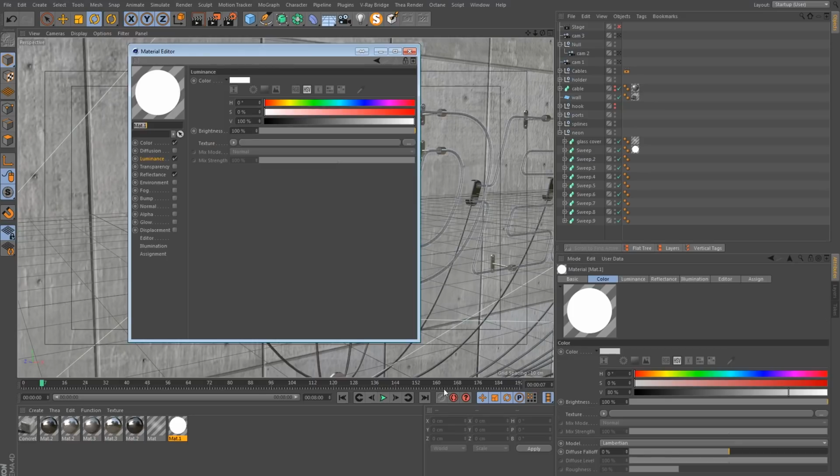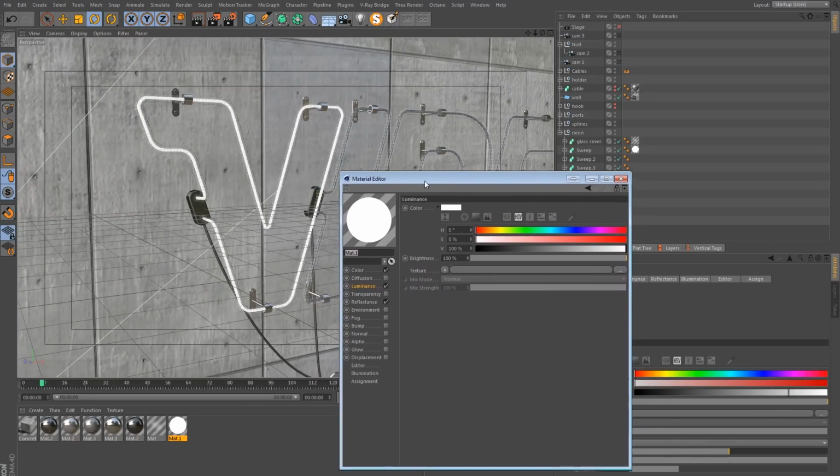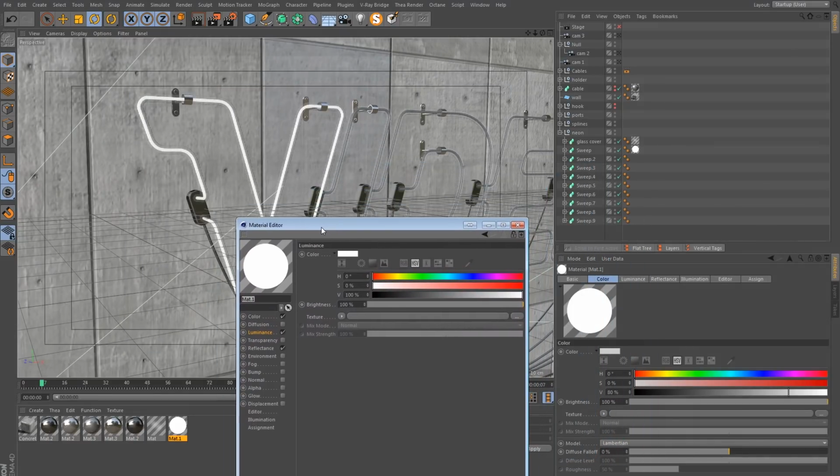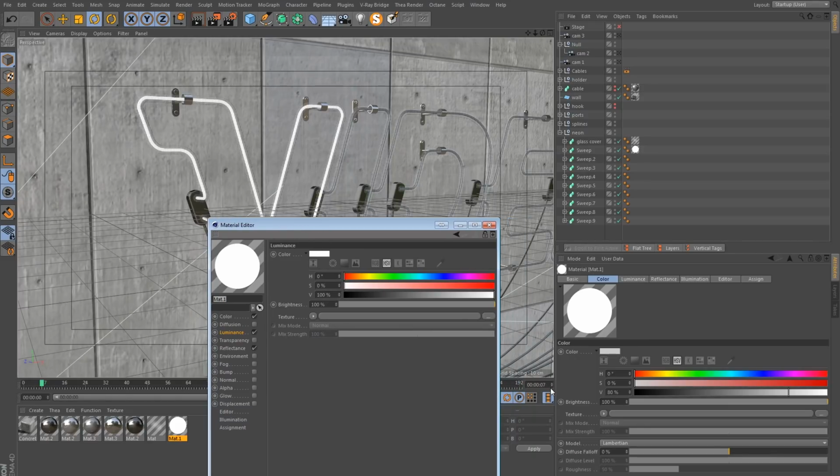And then on this luminance material, let's animate it to flicker on. So at about frame 7, I will have this turned off and set a keyframe. And then move forward 2 frames. Let's now turn this on again and set a keyframe, another 2 frames, turn it off, and another 2 frames, and turn it back on.